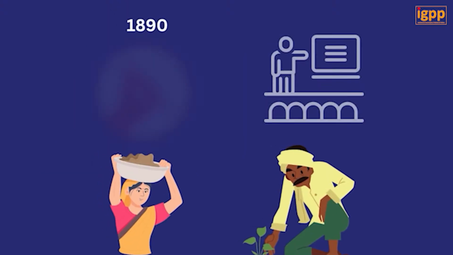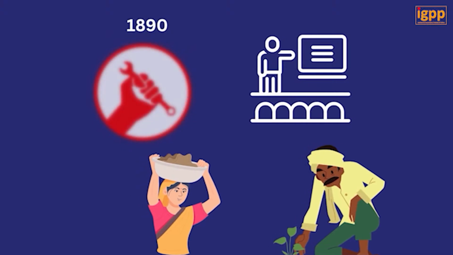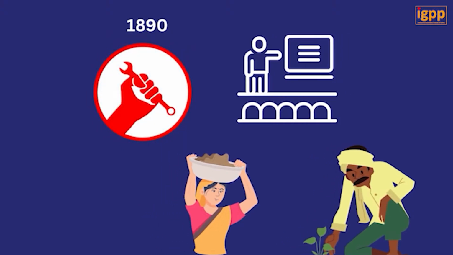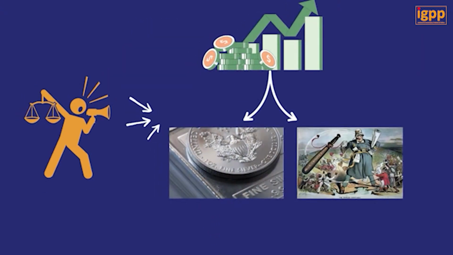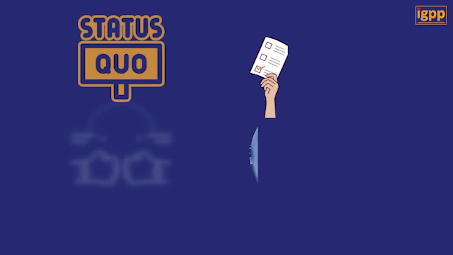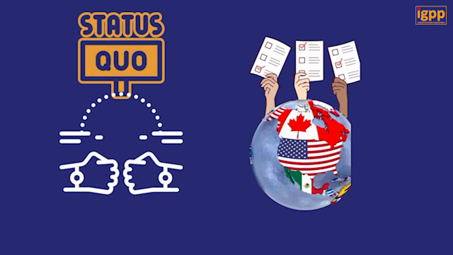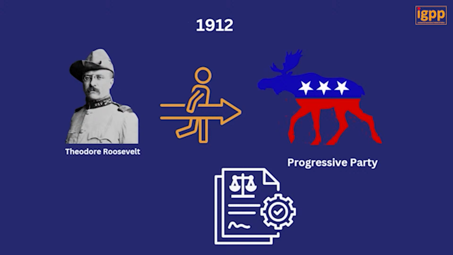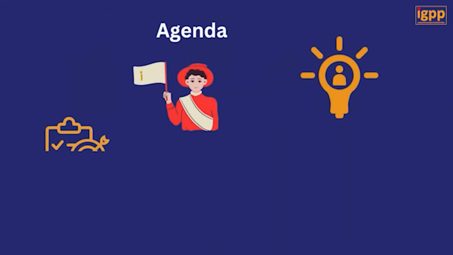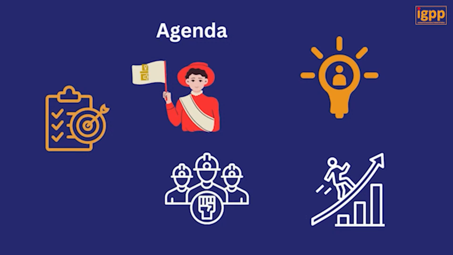The Populist Party or People's Party emerged in the 1890s, representing the interest of farmers and laborers. Advocating for reform such as free silver coinage and direct election of senators, they challenged the status quo and left an indelible mark on the American political discourse. In 1912, Theodore Roosevelt led the Progressive Party, also known as the Bull Moose Party, in a crusade for progressive reforms. Their agenda included women's suffrage, workers' rights, and other progressive ideals, leaving a lasting impact on the course of